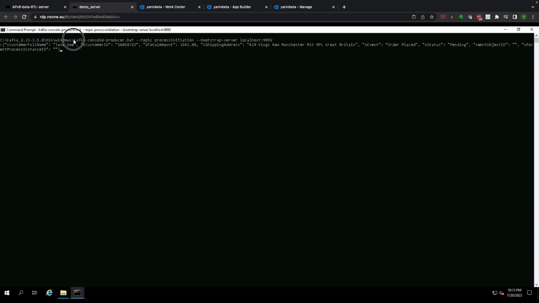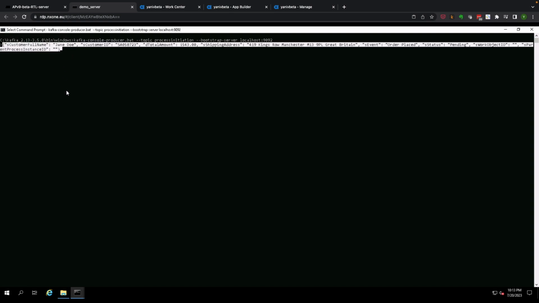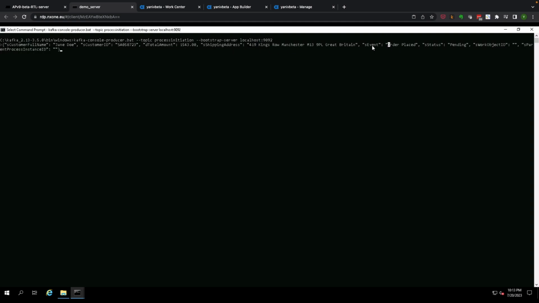and we'll just use a command line utility to push an event to a topic. The topic is the process initiation, which is subscribed to by the AgilePoint connector for Kafka, and the event or the message is simply the order data, which is needed by the application. We have the customer full name, the customer ID, the total amount, the shipping address, and most importantly, we have the event, which is order placed. So to send this into the Kafka topic, I'm just going to click enter, and now the event has been pushed